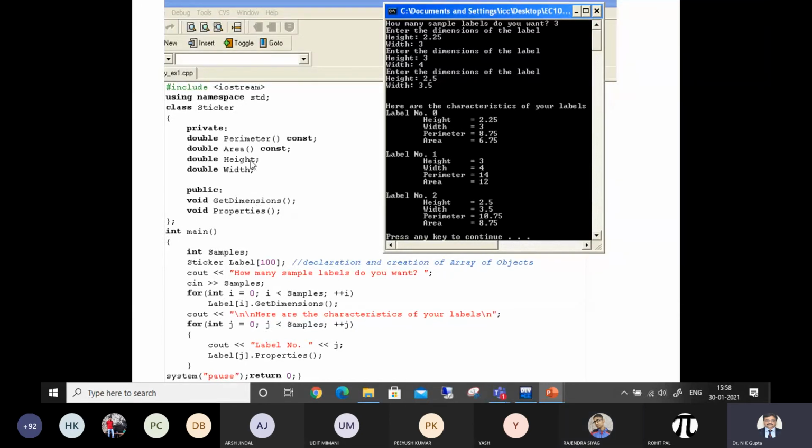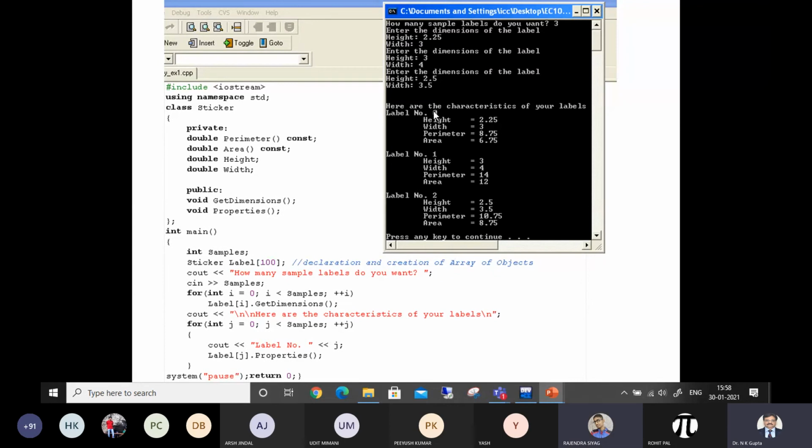Any private member, whether it is a member function or data member, can be accessed by members of its own class. Height and width are accessible to perimeter and area, as they are members of their own class, and they are also accessible to get dimension and properties. Will perimeter and area be accessible to properties? Yes, it will be available.